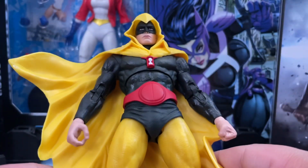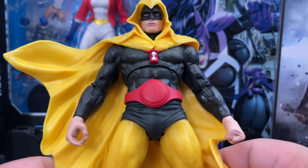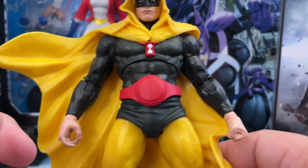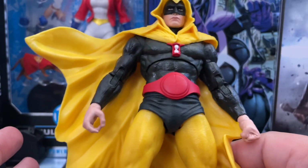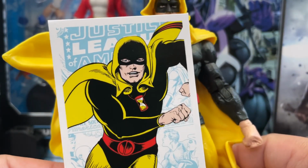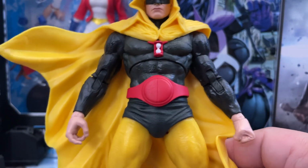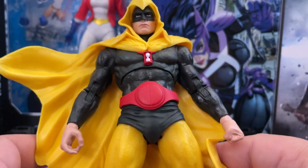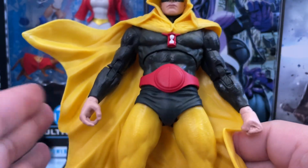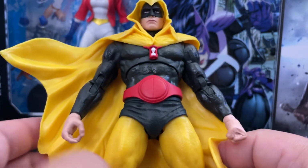So, right off the bat, you will notice that this is a reuse of the Spectre body buck. And I don't really blame them for reusing this body buck because, as you can see, the cape that is sculpted here for this figure does work. If we take a look at the picture here from the card, you can see that there is a little collar in his cape while he's wearing a hood. So the reuse of the cape mold is not a bad thing, but it would have been nice if it was a cloth wired cape over this sort of pre-posed windswept cape, because what I don't like about these pre-posed capes sometimes is that depending on how it's posed, it does hinder the type of